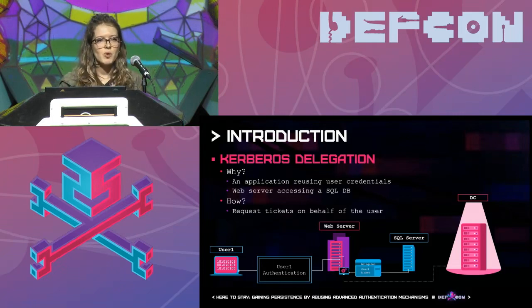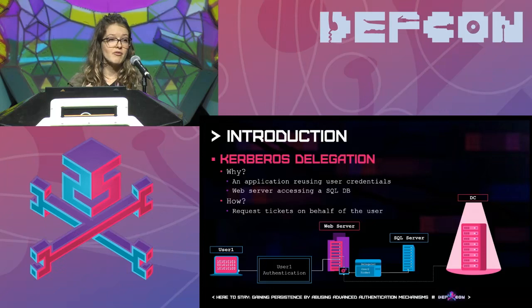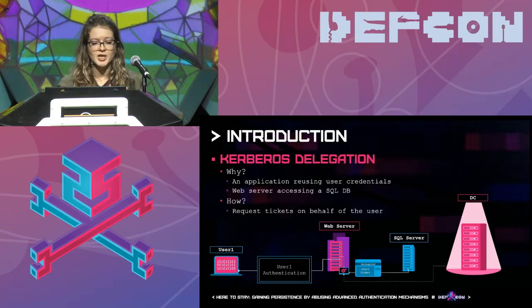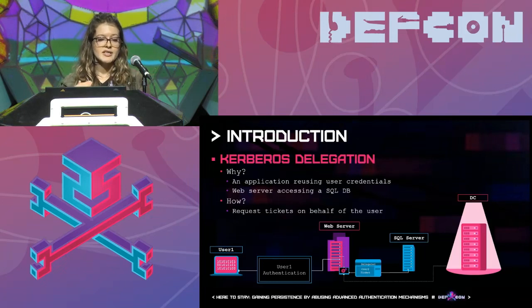So the question is, how can the web server access that SQL server on behalf of the user, since the web server is not aware of the user credentials and also we don't want it to be. So for those scenarios, exactly is why the delegation mechanism was introduced. It means that the web server will be allowed to delegate Kerberos tickets to the SQL server. Technically, this means that the web server is going to be able to request service tickets on behalf of other users. So in this case, the web server would request a service ticket to that SQL server on behalf of the authenticating user. Third stage would be just accessing the SQL server using that ticket and performing any operations